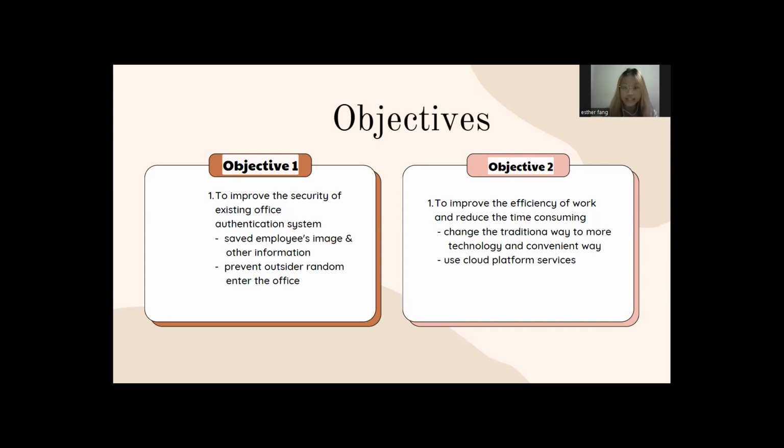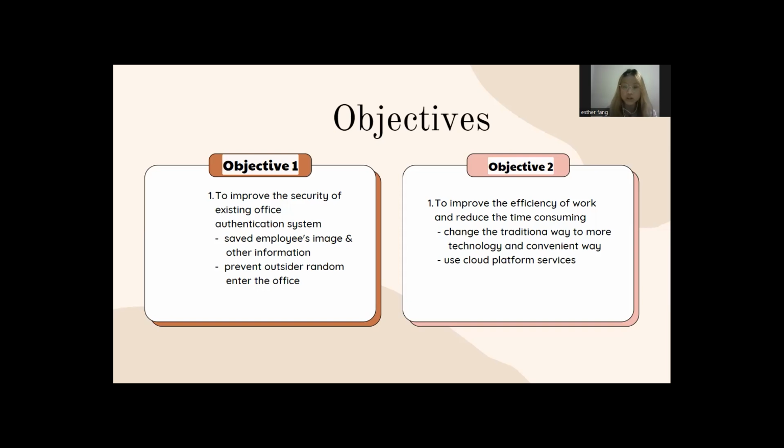So we can get a highly accurate confidence level for the image of that person, which means that only the real person can be approved to enter the office, and those who just look similar cannot have a chance to enter. So if the company has any outsider who wants to enter or maybe an insider attacker, the system can immediately detect the person and send a message to the owner.